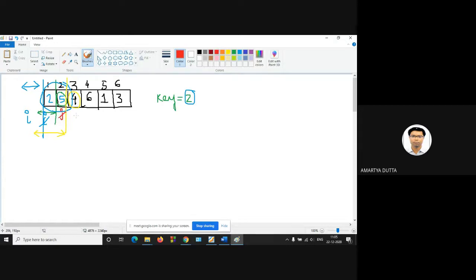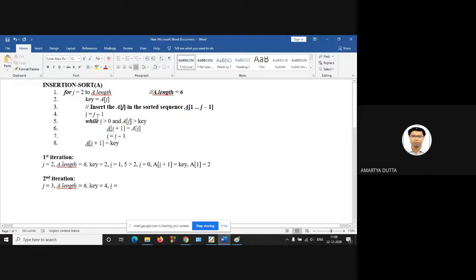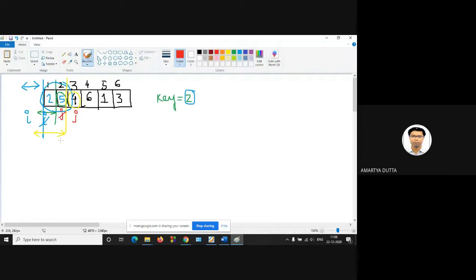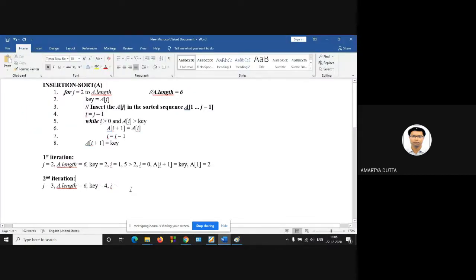New j position is this. Second iteration. So i is equal to j minus 1, so this is your i at position 2. At position 2, this is your i value.